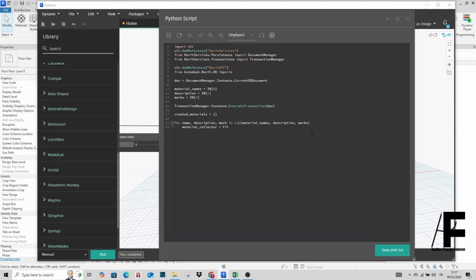So we are going to say FilteredElementCollector inside our document, and OfClass, which as an argument we are looking for the material,